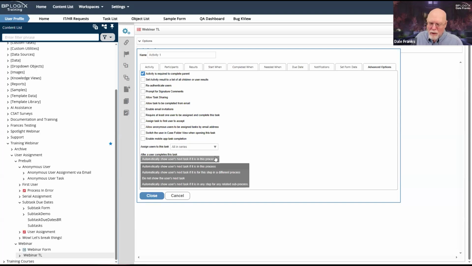And that's generally, we think, how you would want it to run. So if I'm assigned 2 tasks in a row, the form is not usually going to go away when I complete the task. It's just going to refresh the form, and it's going to refresh it in the context of the next task.